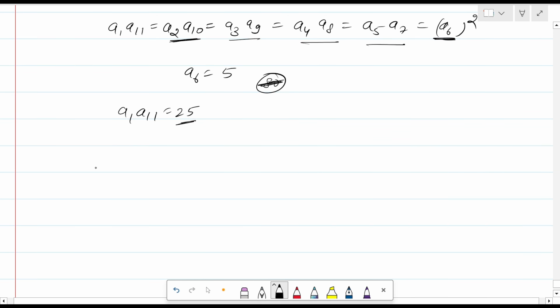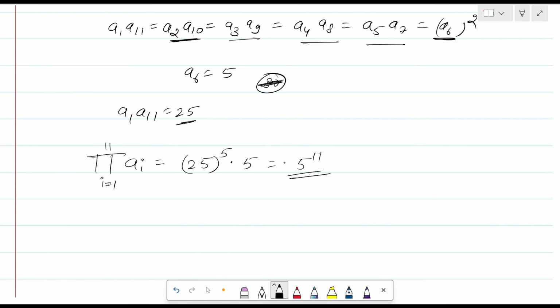So the product of Ai for i equals 1 to 11 is 25 raised to the power of how many pairs? 1, 2, 3, 4, 5, times A6. That is 5 to the power 11. This is the required answer. So now this is the basic theory of the